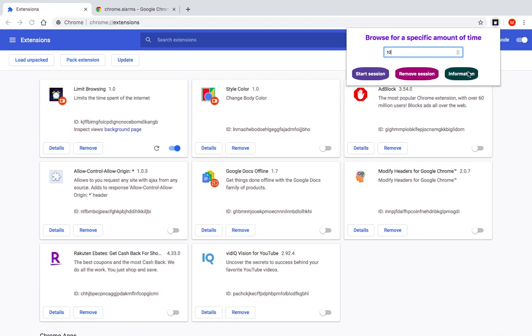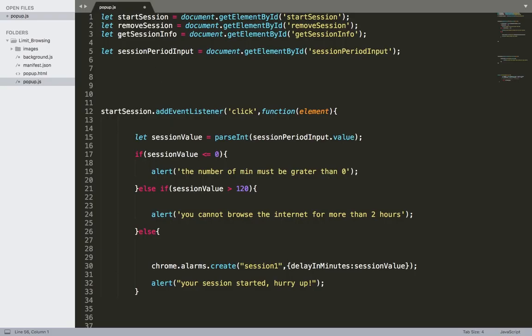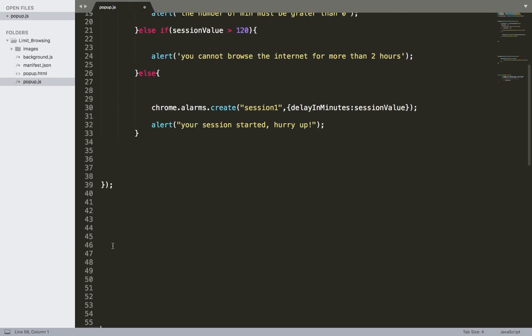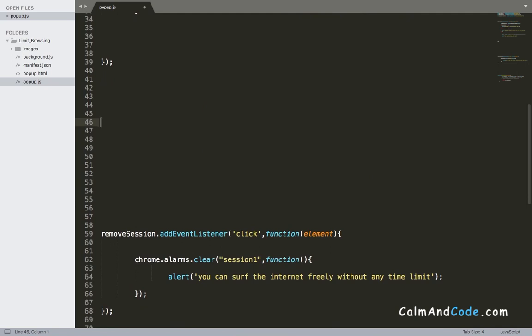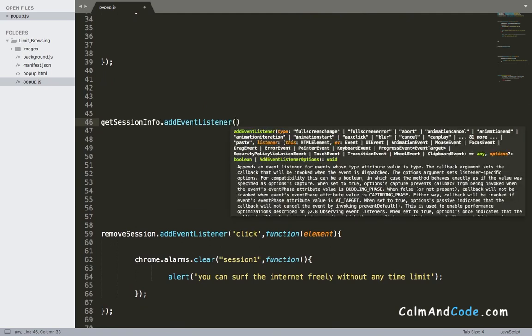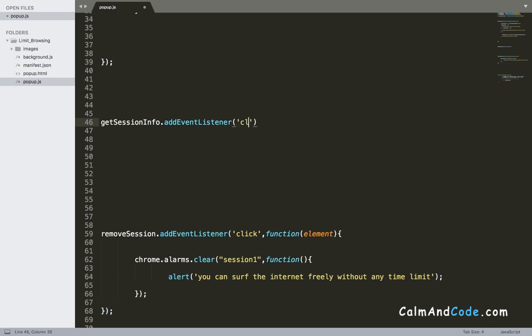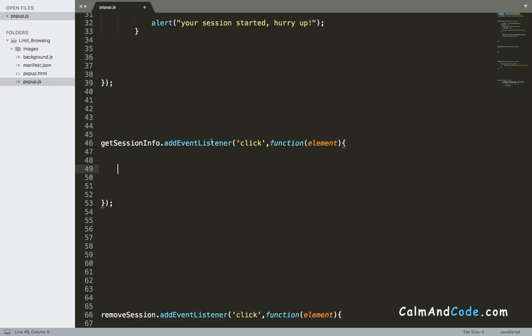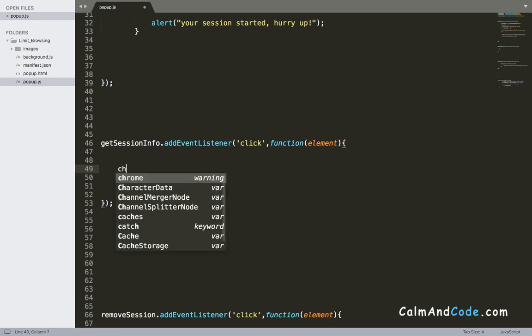And let's accomplish that. What I'm going to do here is use the get session info and add event listener. As we did before many times, click and then the callback function. So inside the callback function, what we need to do is use